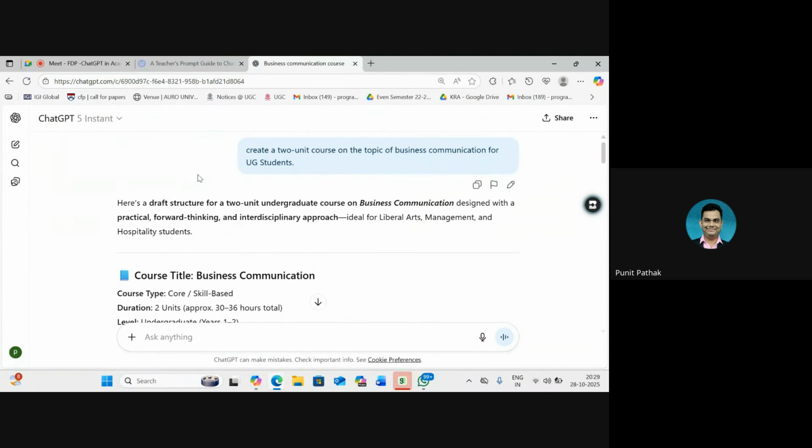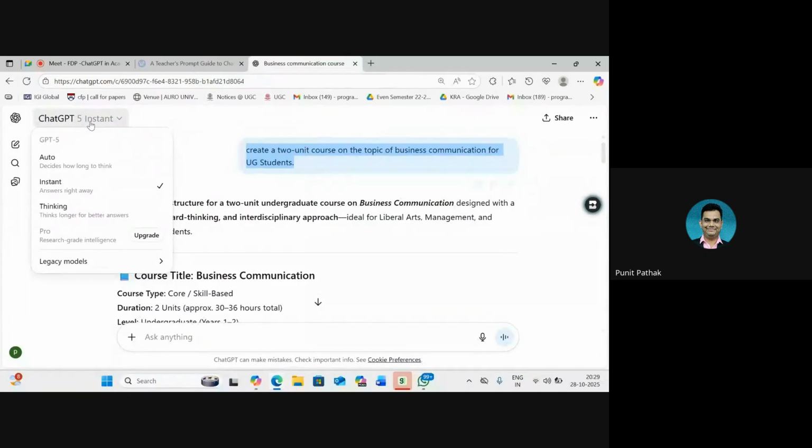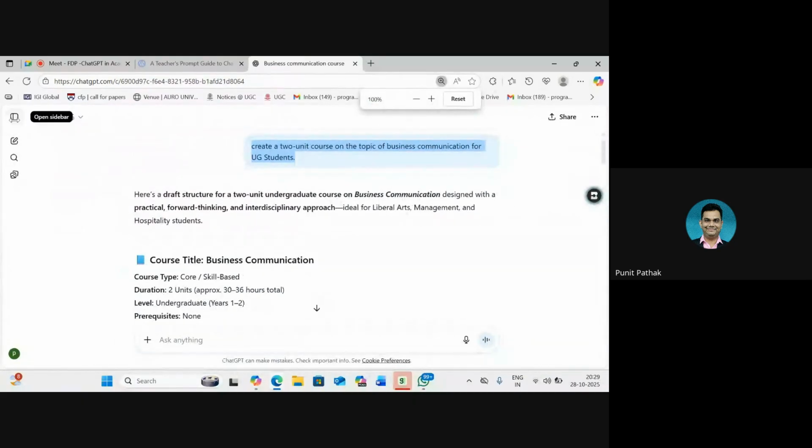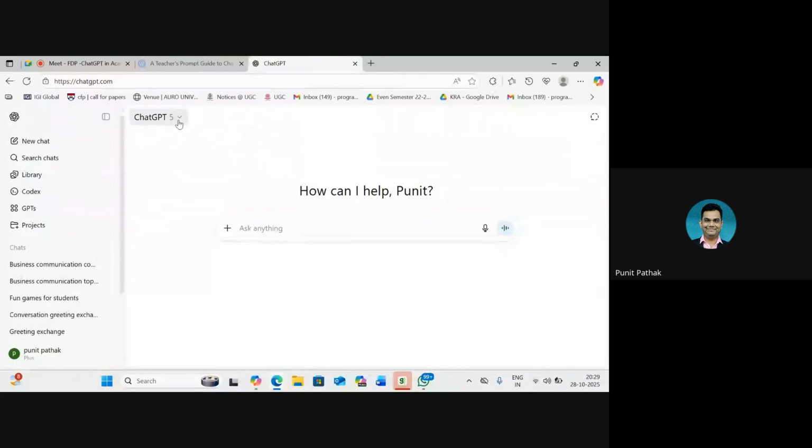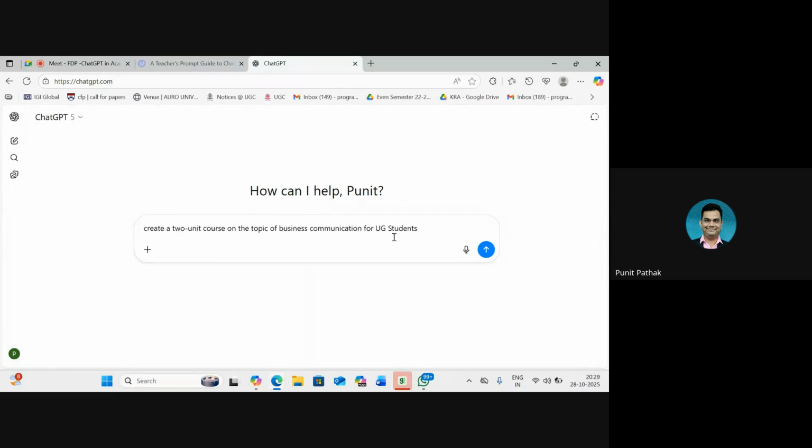So what we do is we make a few changes. Let me first just copy this prompt. This will be useful as we go ahead. We go to auto and let's go to a new chat. We paste this prompt right here and we expand the prompt now, just to reiterate this. The output that we will get now would be in the context of the changes that we have done in the personalization tab. So what we say is create a 2-unit course on the topic of,